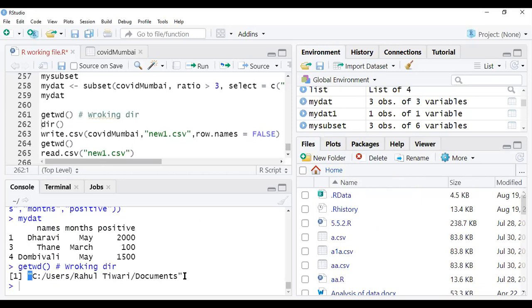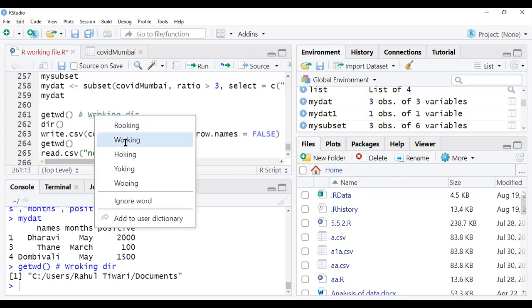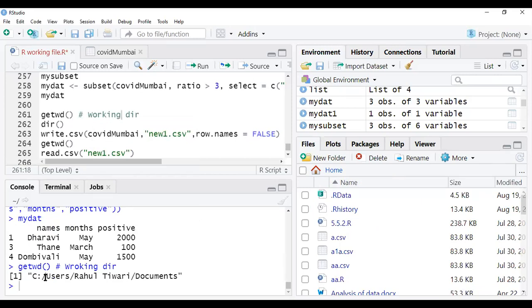If you see this, you can call it a path or address. So in this path, whatever I am working on, whatever I am writing, or doing any programming, it is saving in this folder. So it is user, my name, and then Documents. So whenever you want to find where your work is, because when you perform any task, you have to save your file.